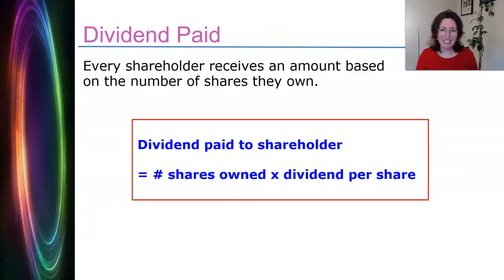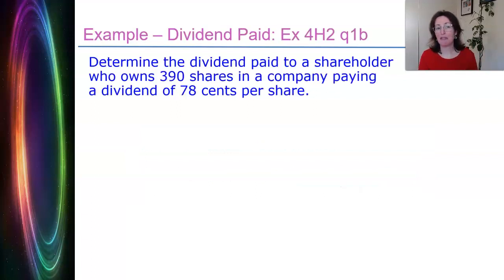How much is paid here? Every shareholder receives an amount based on the number of shares that you own. So how many shares you own multiplied by how much you're getting per share, and that's how much you're going to get back. And if we're asked to determine the dividend paid to a shareholder who owns 390 shares in a company that pays a dividend of 78 cents per share,